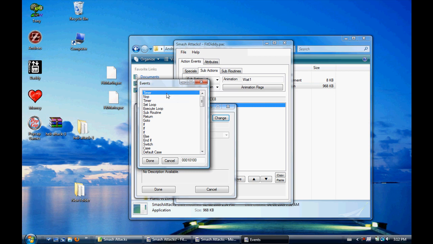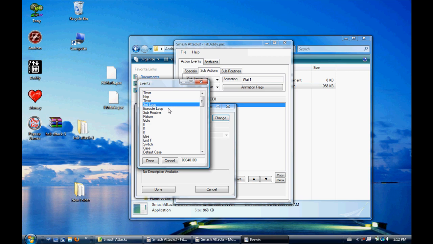So first on the block is timer. You know timers from before. Timer sets a timer. When it's finished, it moves on to the next thing. So timer 1 second, even though it doesn't have seconds, well, after 1 second it moves on to the next thing. No P, no parameter, that means nothing. This is the only time you can actually add things without worrying about memory worries. Timer again, probably exactly the same.